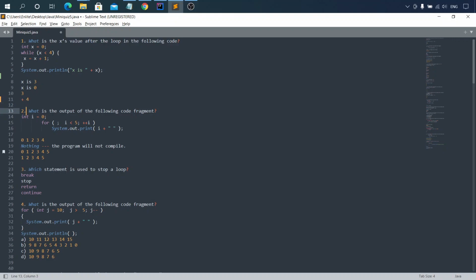Okay, the second question: what's the output of the following code fragment? We have int i is equal to 0. We have some for which doesn't have the first part of it, the initial action. There is no initial action, but we have some comparison: i is less than 5,